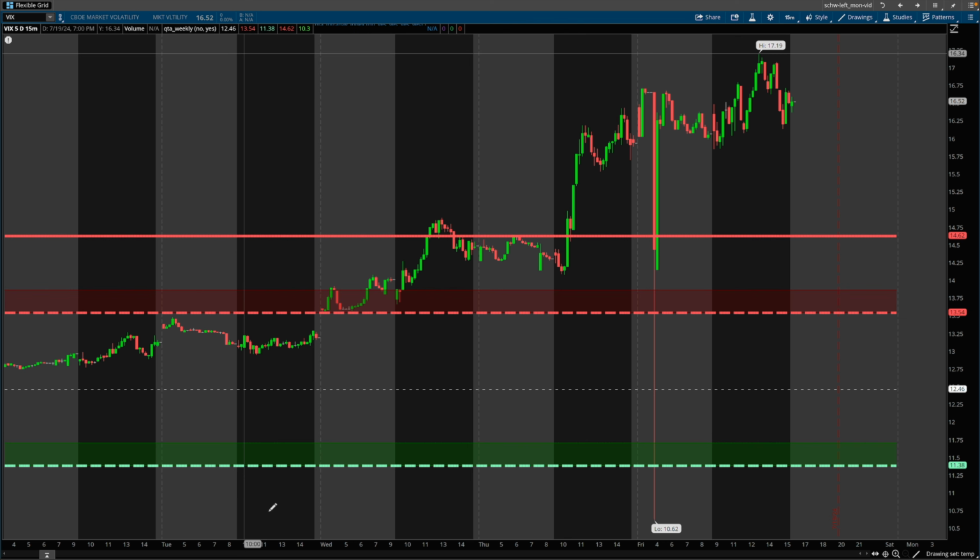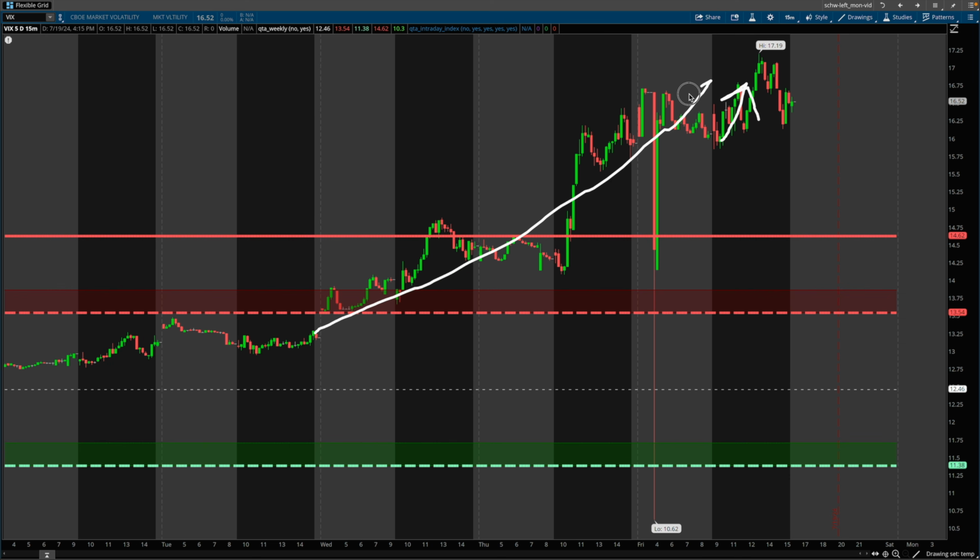On top of that, if we take a look at the VIX, it never really broke down on Friday. So as was mentioned in the videos earlier this week, you generally don't want to take a long trade or a big long trade. When I mean big long trade, I mean setting up some sort of multi-day swing trade to the long side if the VIX is still rising. On Friday, the VIX was still holding its key levels, so I would not put too much risk on the